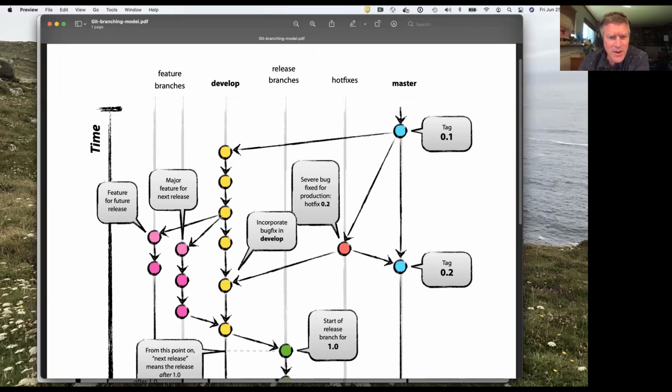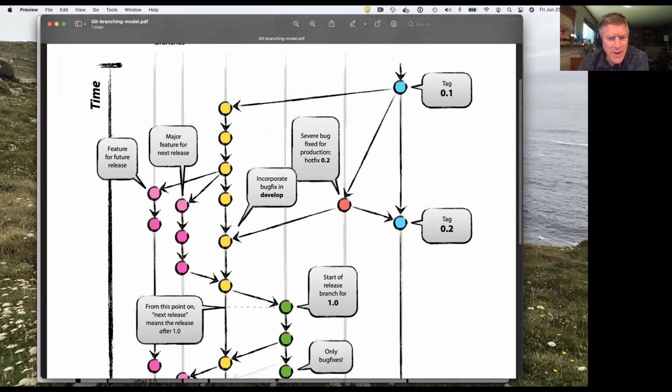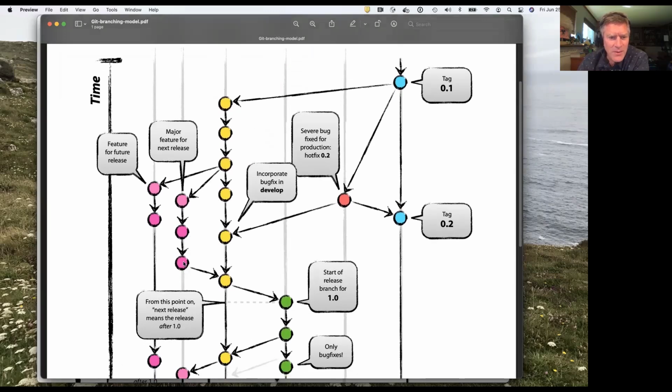You branch off from develop, make your changes in the feature branch, and then when you're ready to merge it back into develop, this step here is done with a pull request. This can only be done with code reviews, a pull request, and continuous integration testing. So it has to pass all tests.